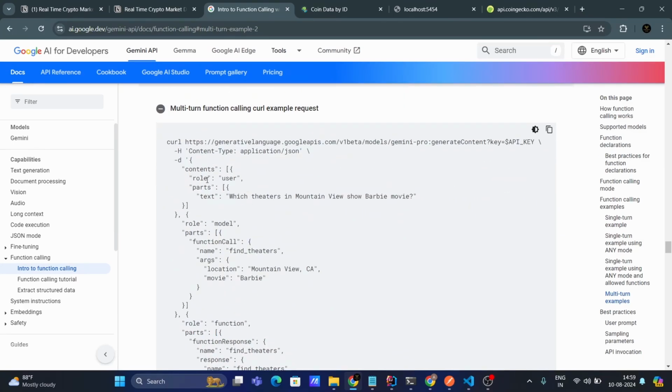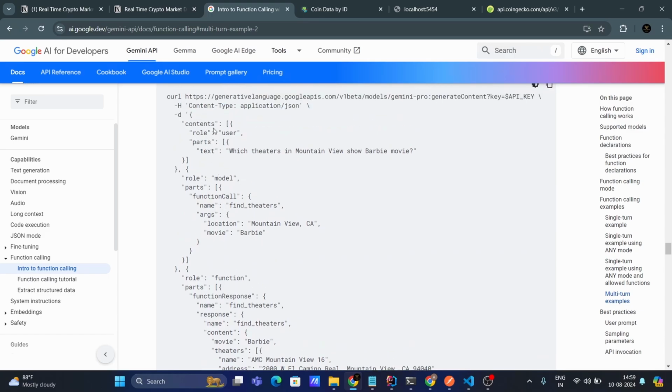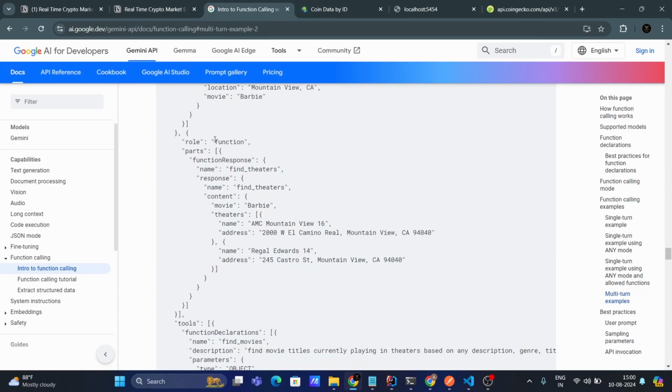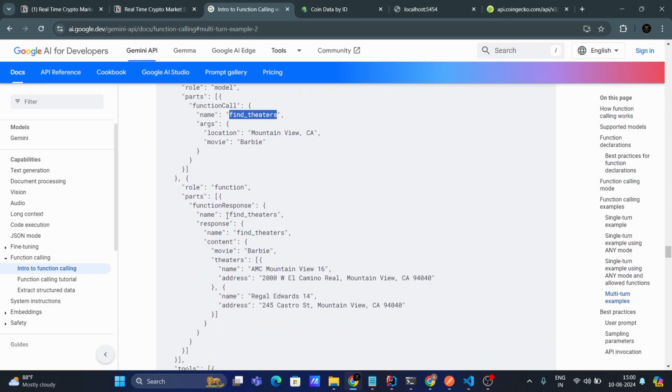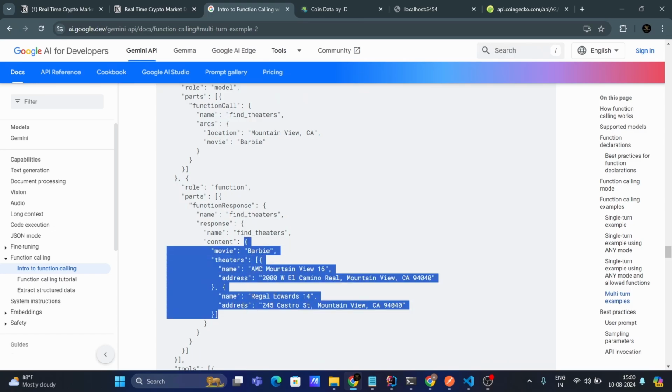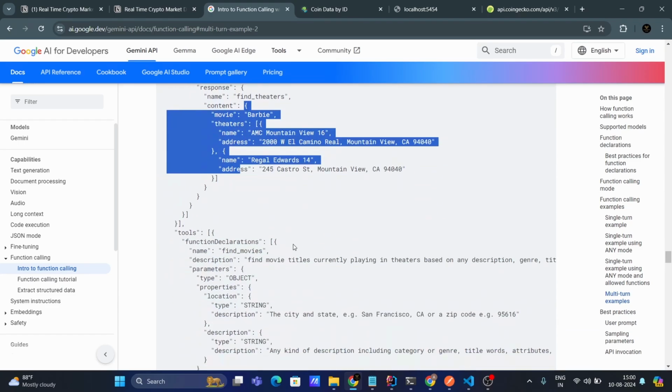So after that step guys, we need to call this function. So here you need to provide the role user parts text, again the prompt you need to provide here. Then in the role model you need to provide the function name, which function should be called, like find theaters, arguments, then role function, and whatever function response you have provided here will be here, like you can see the theater detail, movie detail. So inside content you need to provide the response data. In our case we need to provide the crypto market data, which we have grabbed from the CoinGecko API. So that data we need to provide inside this content. Okay,